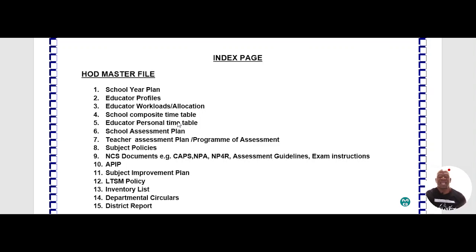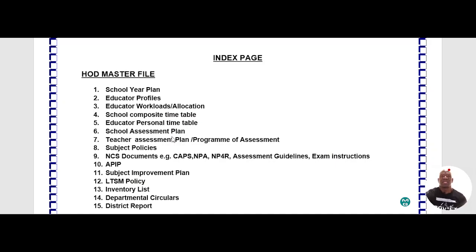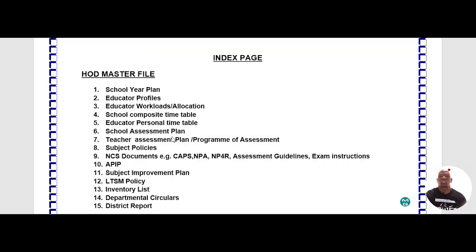So it is one of the items that must go into the master file section of the HOD file. Right, moving right along, we can see that the next one is the School Assessment Plan, SAP. The School Assessment Plan, as developed by the relevant structure, should go into the HOD file. This is a very important document which must also be shared with the parents in order for them to know the dates on which their kids are going to be assessed at school, so that they should make sure that they are not absent from school,